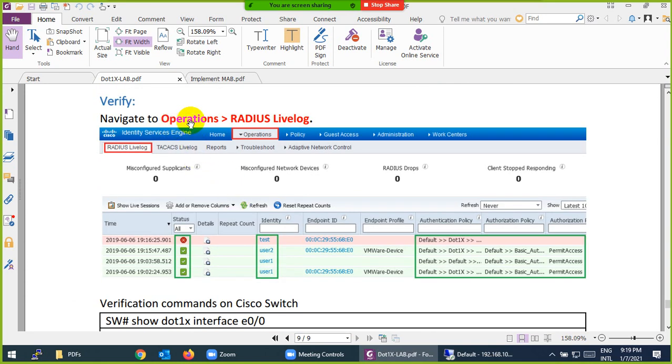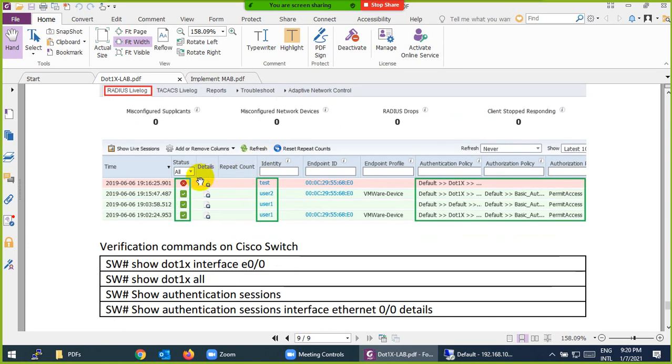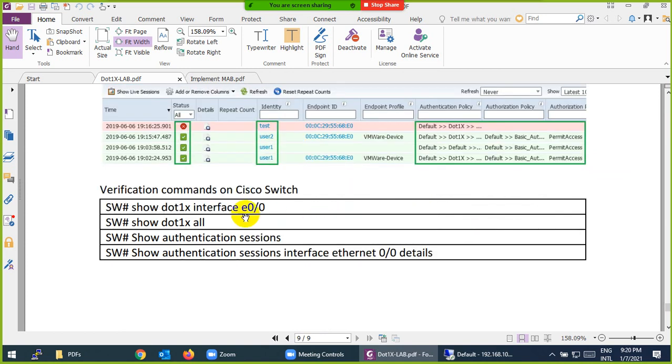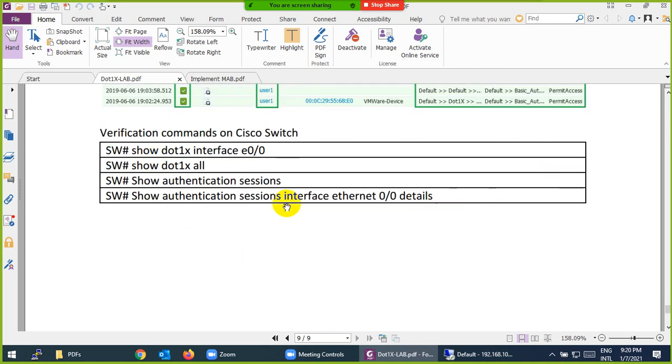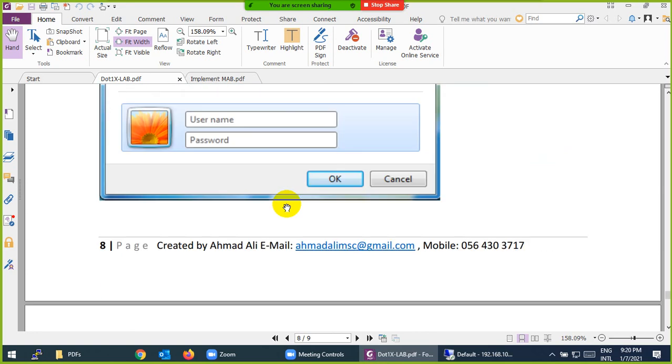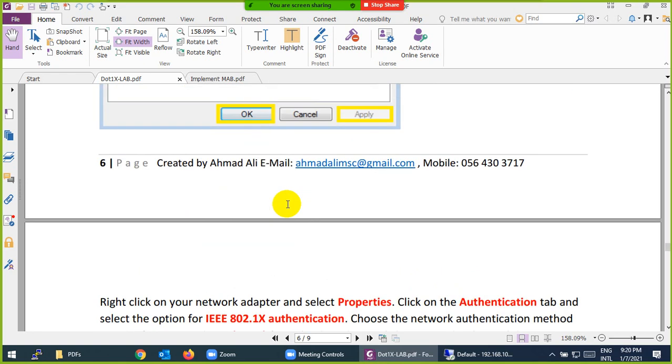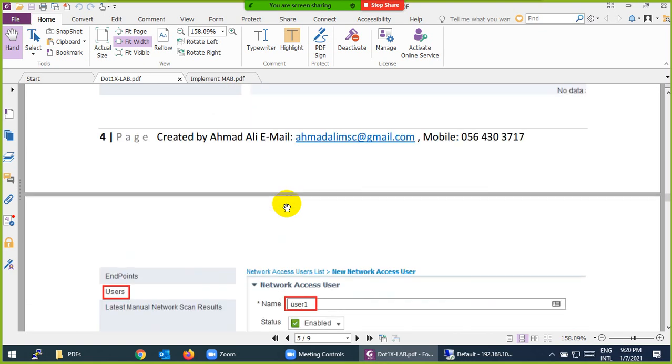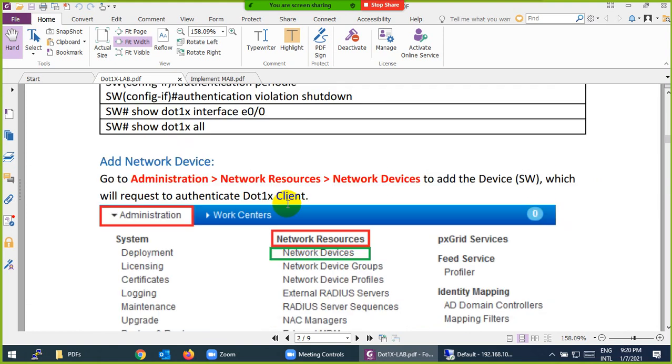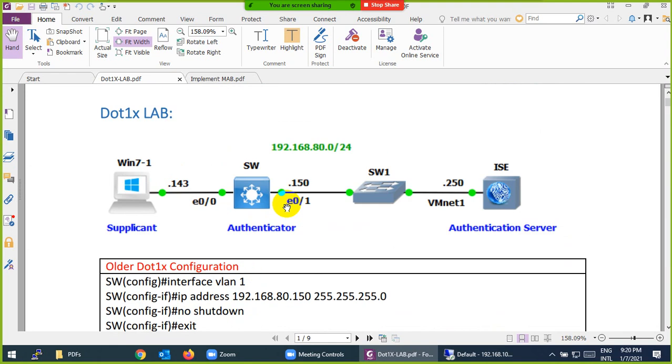Then we check the logs from the RADIUS live log. We go to operations. Yesterday we discussed operations means MNT. So here it was mentioned that the device used .1x to authenticate. Okay, and the Cisco switch we also verified. So this was the lab on how we can use .1x in your network with Cisco ISE to authenticate all your endpoints.